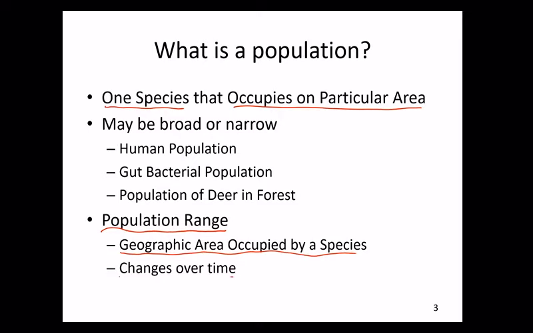The example that I would use for that change over time is the example of polar bears. Polar bears live in the Arctic region. As a result of climate change over the last few years, their geographic area has been changing. These changes can be noted, and the patterns of the population will change over time. So when we're talking about a particular species, the population range is not static.